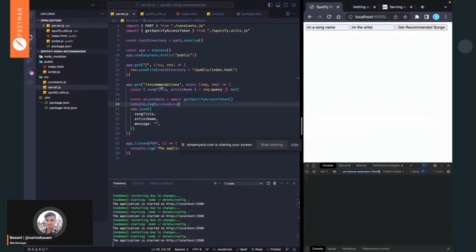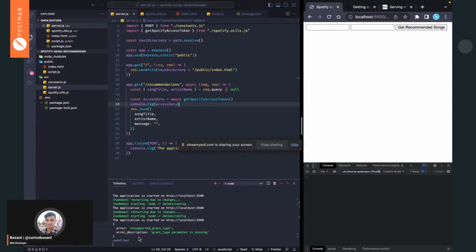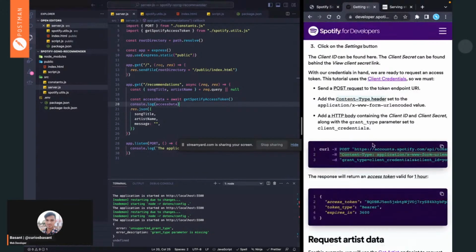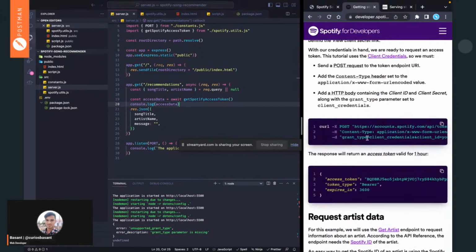First, we need to make an API call here. Let's refresh the page and hit the submit button, and it gives us undefined. So this is because this grant type parameter is missing. So let's see the docs. What is it asking about? So this is something that we need to provide. Let's copy this,